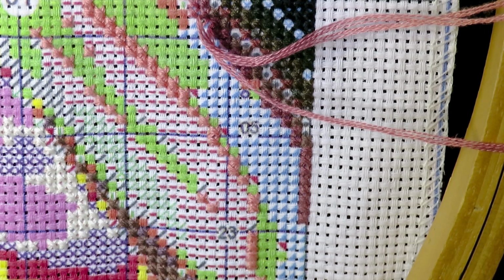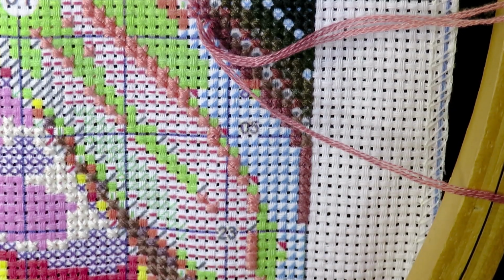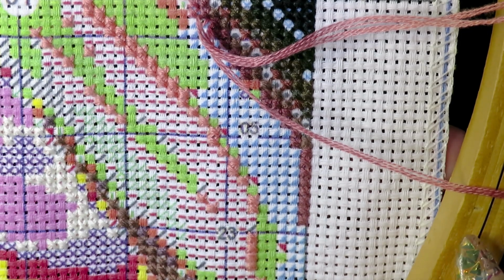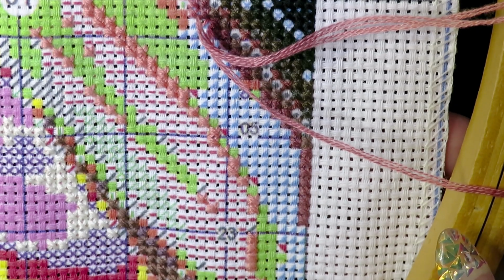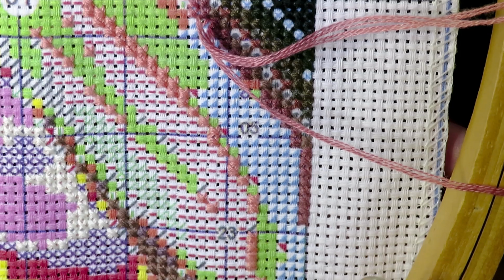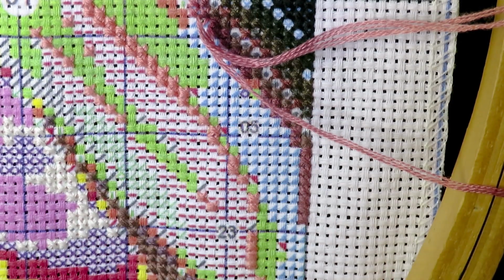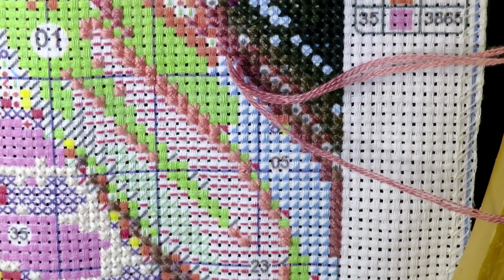Anyway, it is Monday, March 6th, and I'm already on a second project with you. Wow, that's awesome. I did reframe my lady. I put my hoop on the top of the canvas. You see, I pinch it from the bottom. When you put your first ring underneath, and then the other, smaller one goes on the inside, you push from the top. So now my canvas is laying flat on a table, and the beauty about this is now I can put my tripod right on the top of my canvas,